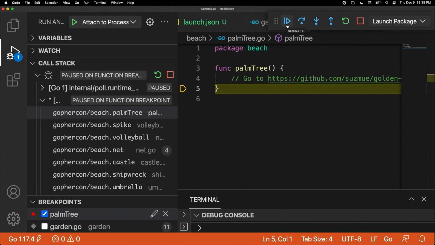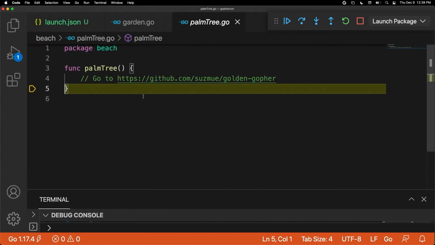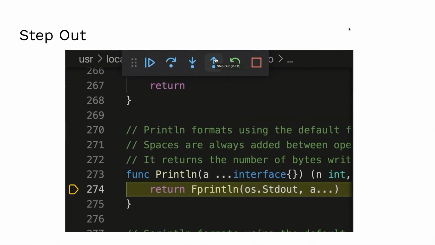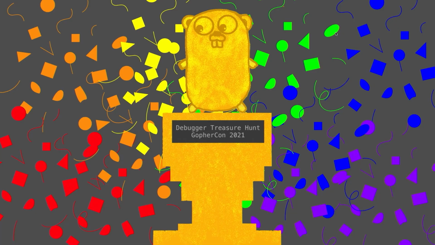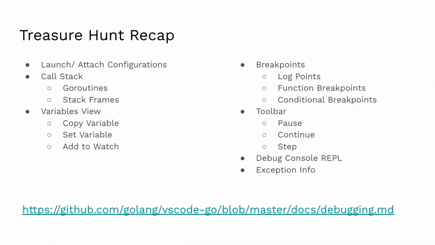I hit continue, and we go straight there. No more stepping. We're able to set a breakpoint just using the function name. And we've reached the end of our journey. It tells us a link to go to where we're going to find our treasure. And if we go to that link, we are rewarded with a golden gopher for completing our treasure hunt. So this treasure hunt